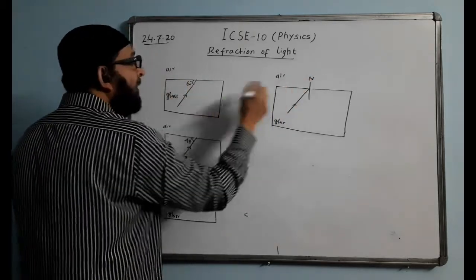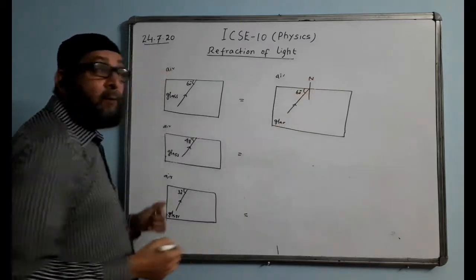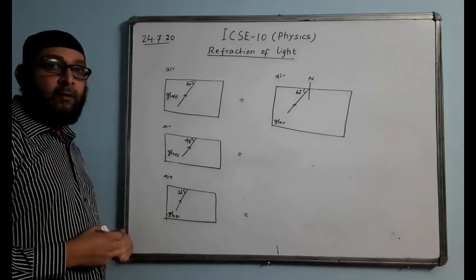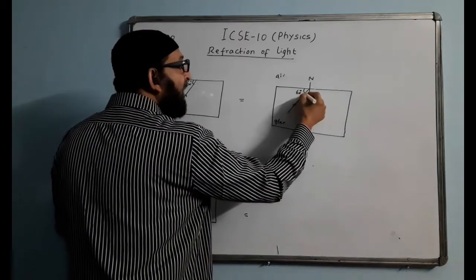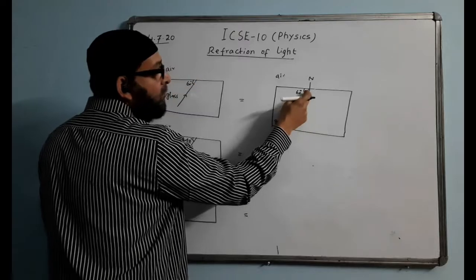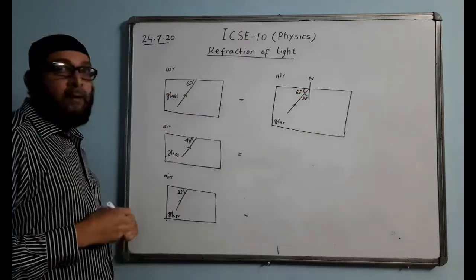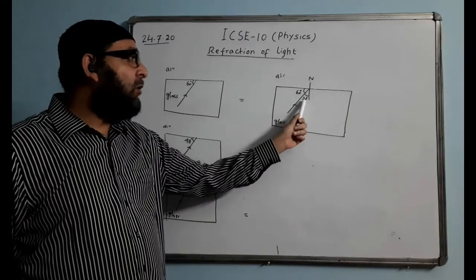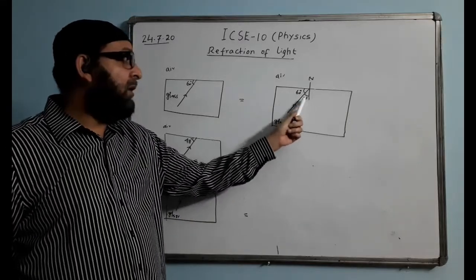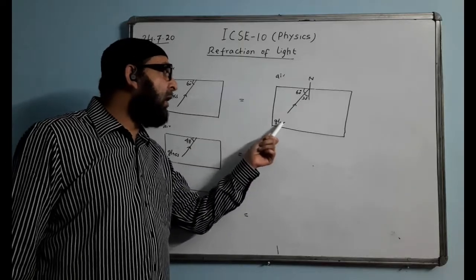In the question they had given this angle 60 degree. So we'll draw normals. Normal is very important. Normal we must draw. We'll find the value of this angle. This angle is the angle of incidence. So the total angle is 90. This is 60, so this remaining angle will become 30 degree. That is, the angle of incidence out here is 30 degree. It is not 60 degree, it is 30 degree. So 30 degree will be compared with the critical angle for glass and air surface.